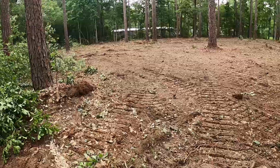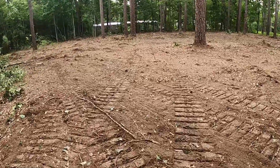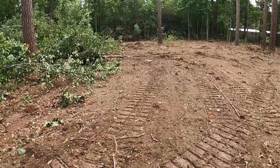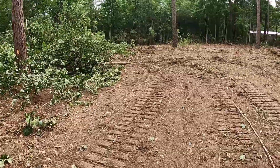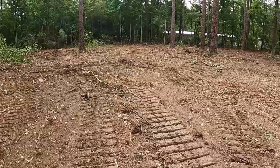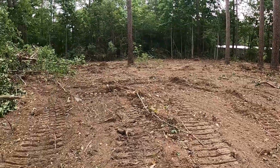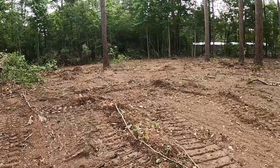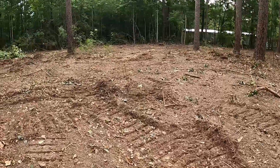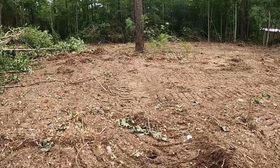But anyway, I just wanted to go ahead and get this first little video on this property out this morning, where you can see what we've got going on here. I'm noticing some dog tracks out here, and I've been told a lot of deer come through this area. So I was looking to see if I could see any signs of deer tracks, but I haven't seen any so far. But anyway,